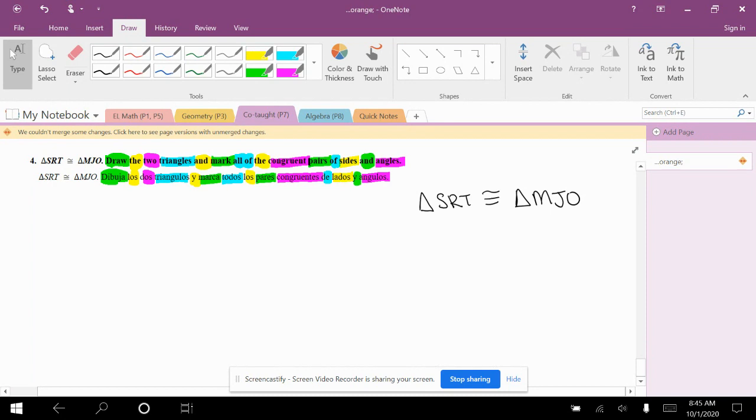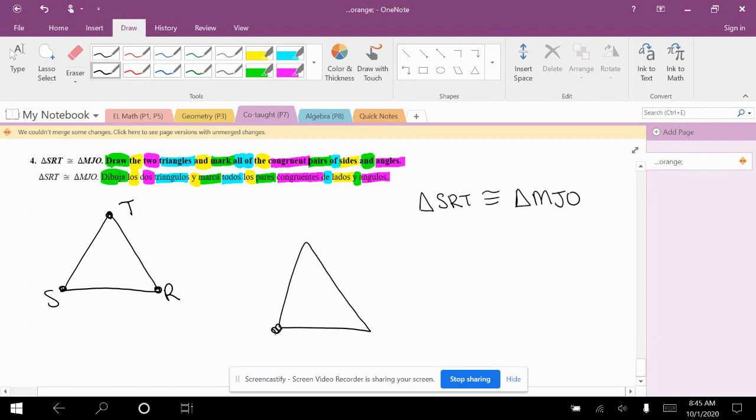Triangle SRT is congruent to triangle MJO. Draw the 2 triangles and mark all of the congruent pairs of sides and angles. So if I draw triangle SRT and I draw triangle MJO,